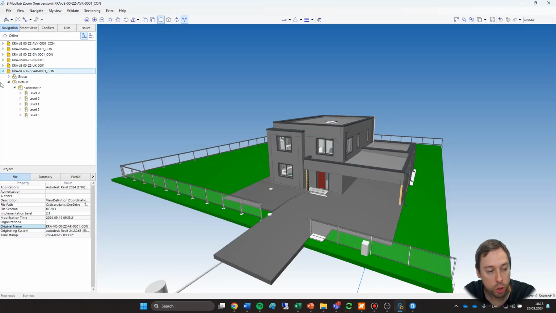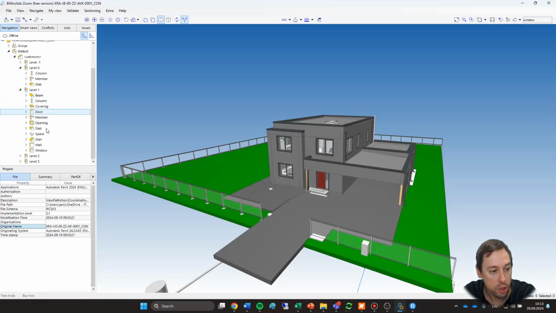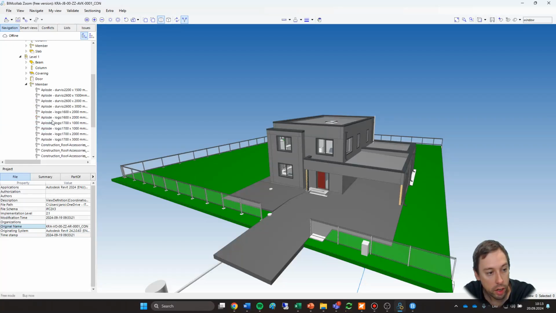So the information which shows here is dependent on how the models were made and also how the models were exported. In this case, there are several options, and here you can see, for example, split between levels. If I press on any of these, I can see the elements attached to these levels. And then I can use visibility functions to, for example, show the elements in this level. And you can also press even more here and see the specific separate objects inside this level and inside this